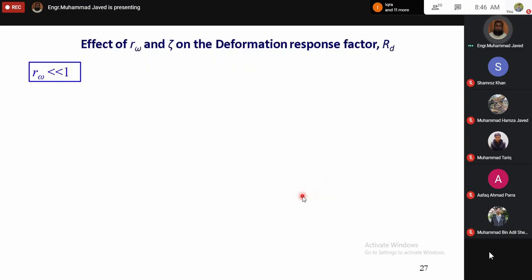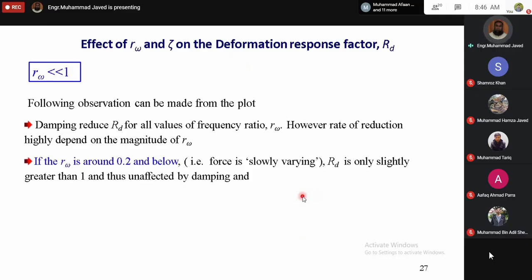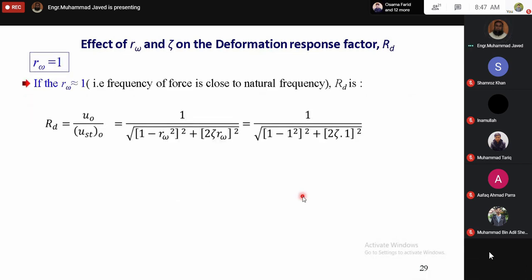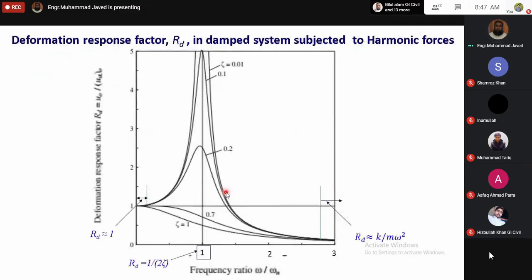तो ये चंद ऑब्जर्वेशन हैं, इसको यहां पर मैंने जुबानी जो एक्सप्लेनेशन की है, यहाँ रिटेन फॉर्म में, और जो इक्वेशंस हैं वो भी प्रोवाइड की गई हैं। रेजोनेंस की स्टेज पे आर ओमेगा जब 1 के बराबर होगा तो उस स्टेज पे आप देखें आर डी जो है, अगर आर ओमेगा 1 पुट कर दें तो आ जाएगा 1/2 जीटा, which shows that for frequency ratio equal to 1, the deformation response factor can simply be calculated by 1/2 zeta. यहाँ सिंपली वो इक्वेशंस रिप्रोड्यूस की गई हैं। अगर कोई सवाल है तो आप पूछ सकते हैं।